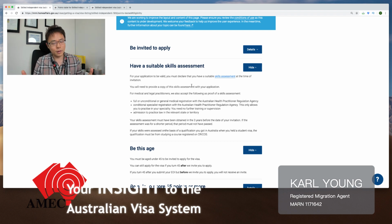So different occupations go through different skill assessing authorities. Now, different skill assessing authorities have different policies and criteria required to get assessed. Now, I'm not going to go into very fine detail about all the occupations, because otherwise that's going to go